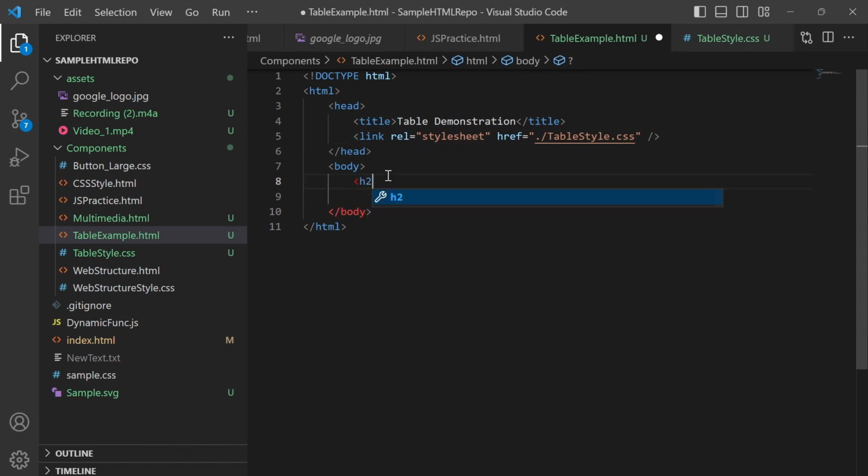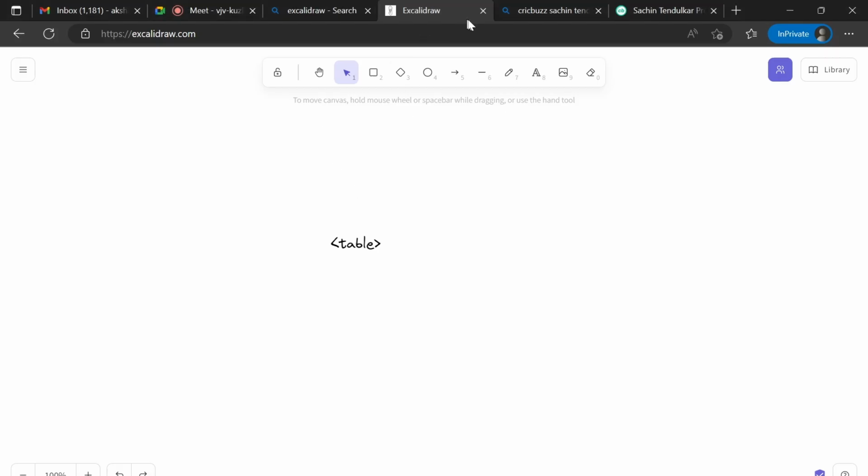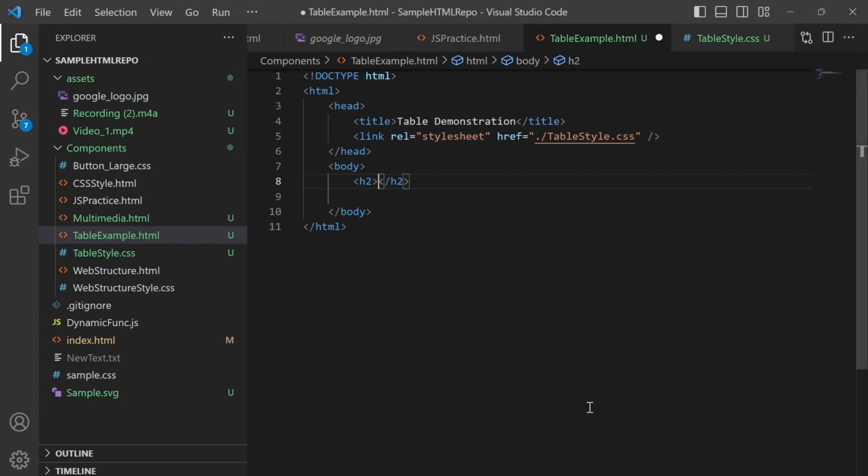And I will just put one h2 tag. We will try to put student mark sheet.